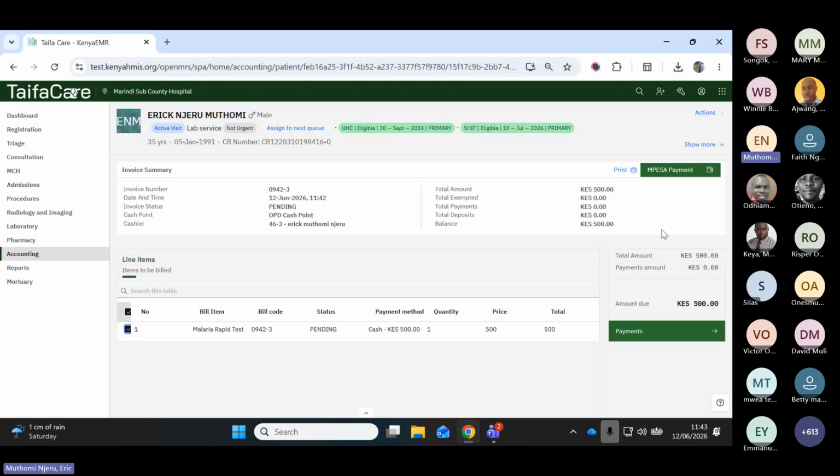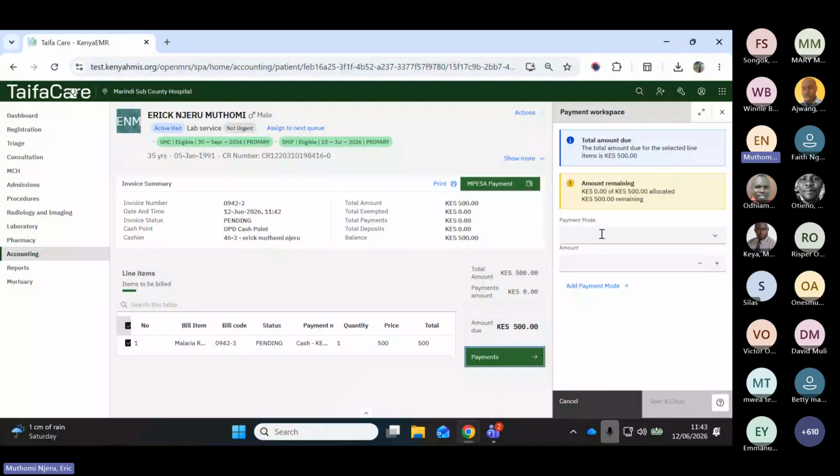But if you want to process this payment, you can see this has been moved to the right-hand side where my cursor is. It's where you can now process this particular bill. When I click on payment, I need to pick the mode of payment. Is it cash? If it's cash, then the amount. If it's